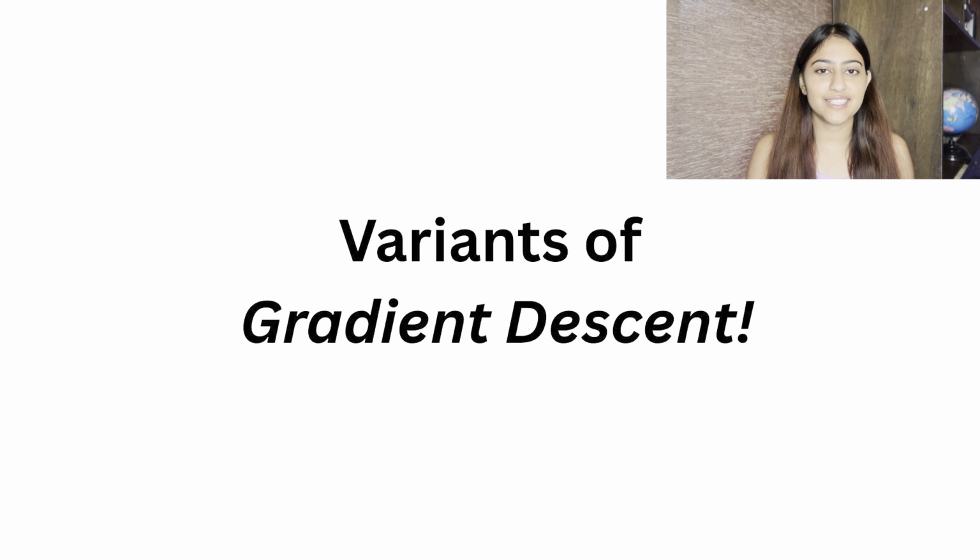On that note, let us now discuss how we should decide how to take these steps and what should be the size of these steps. And it turns out that there are multiple different ways to do it based on the number of data we are using at each step, and these are also called the variants of gradient descent.